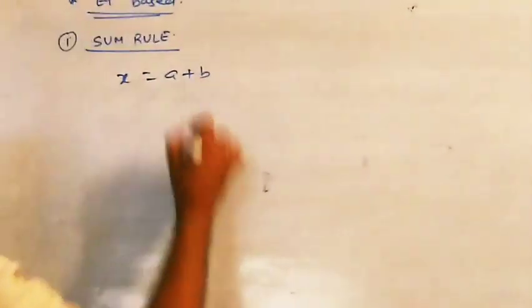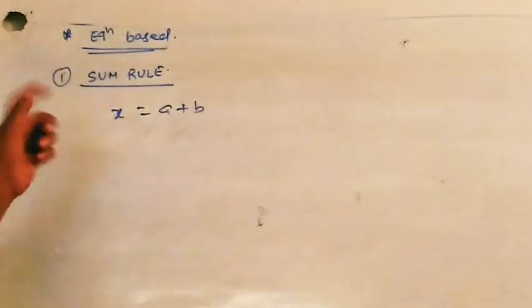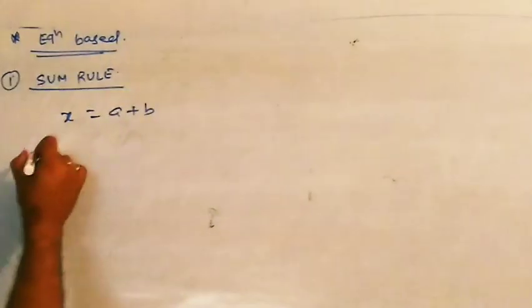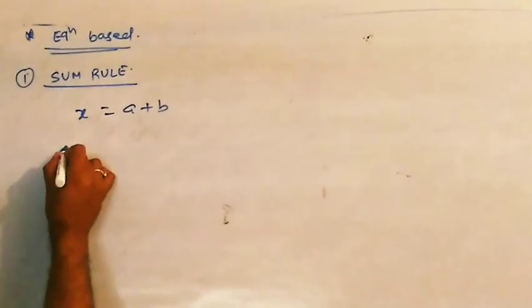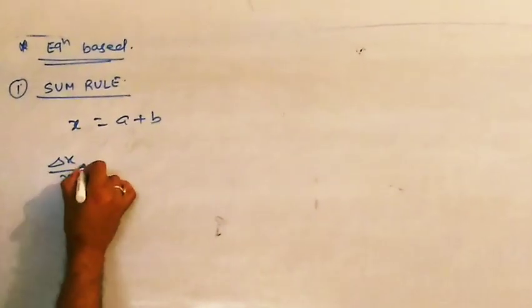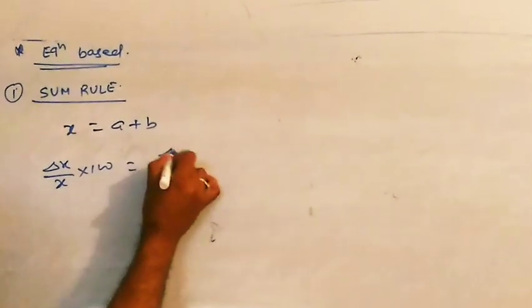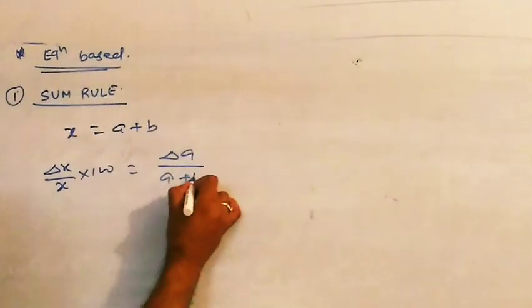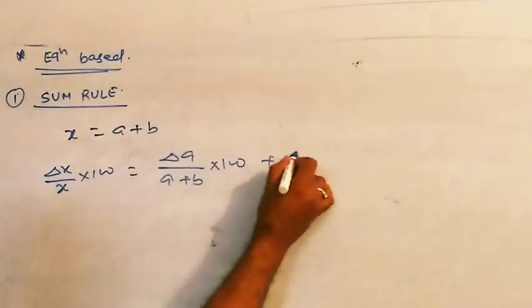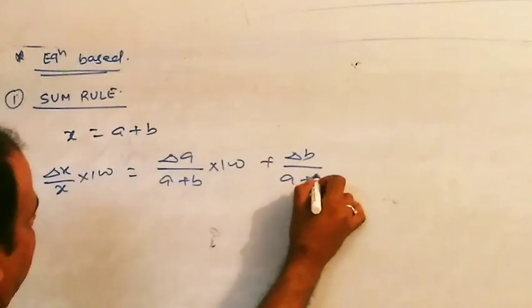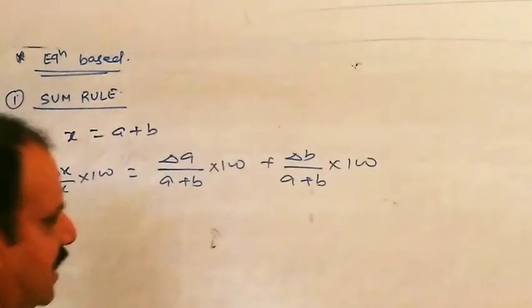Suppose that any physical quantity depends on sum of two physical quantities, x equal to a plus b. We have to find the percentage error in x. So the percentage error in x का formula इस तरह से होगा delta x by x into 100. This can be written as delta a by a plus b into 100 plus delta b by a plus b into 100. यहां से फाइंड करेंगे।